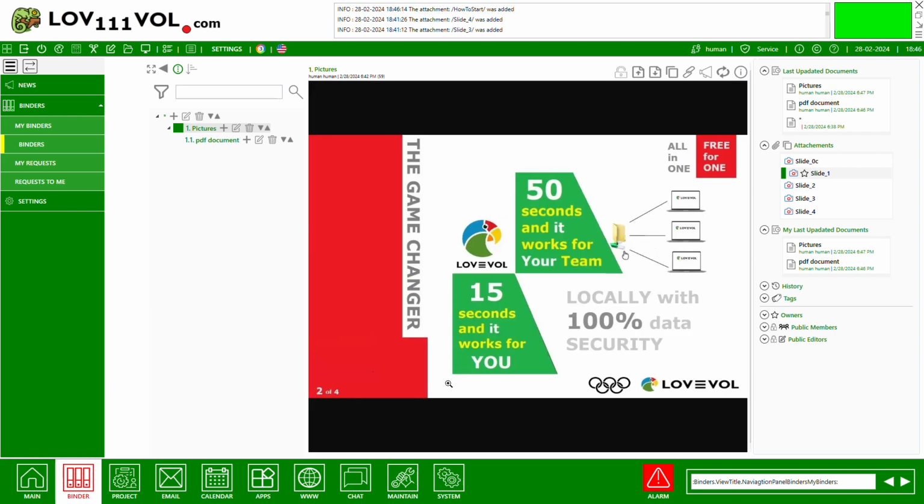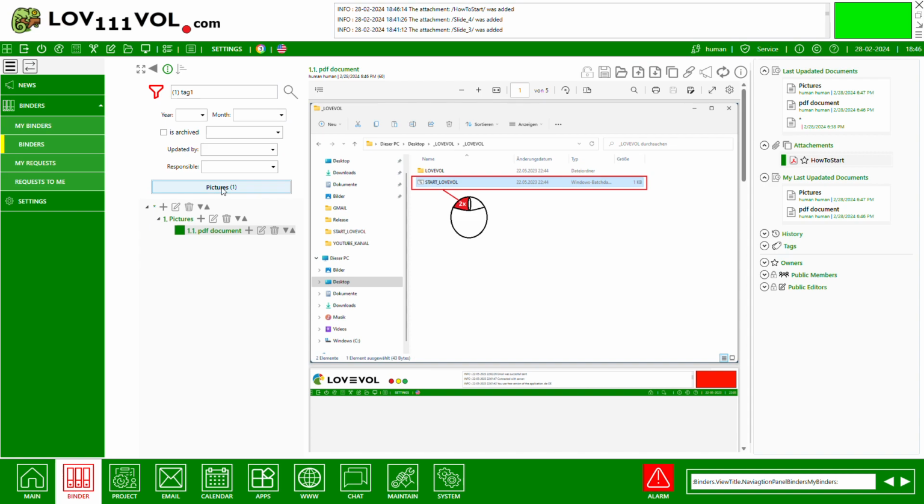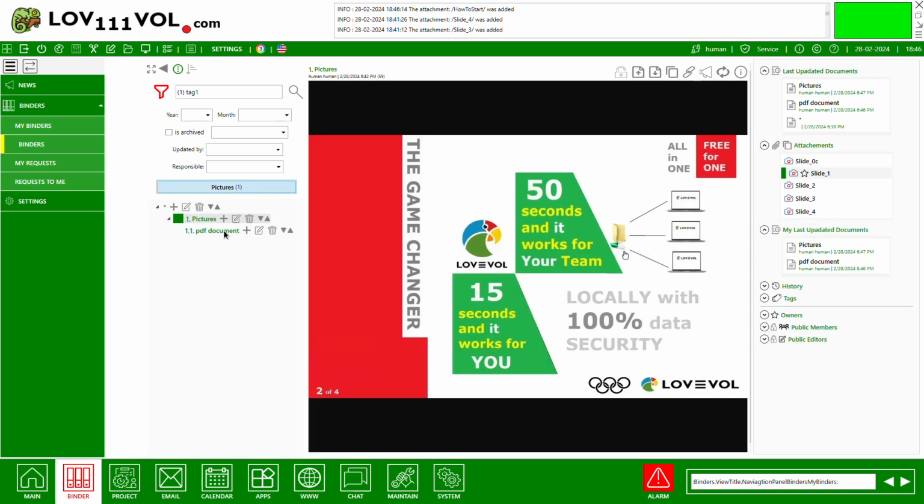And now, if I try to find tag 1, then you will see here pictures. If you select this, pictures appear here. Also, that's interesting. And if you work on this document, you can work